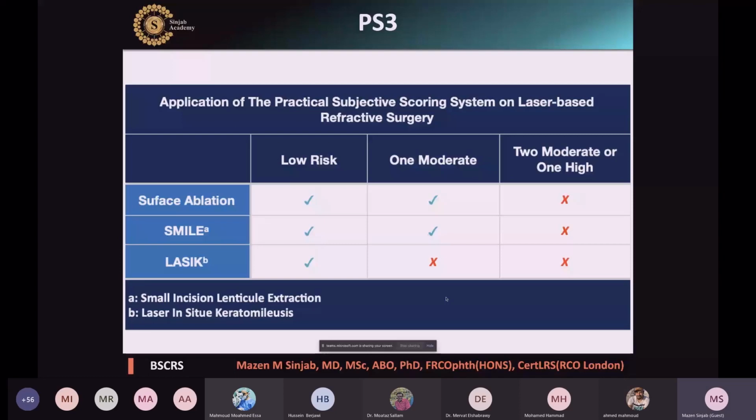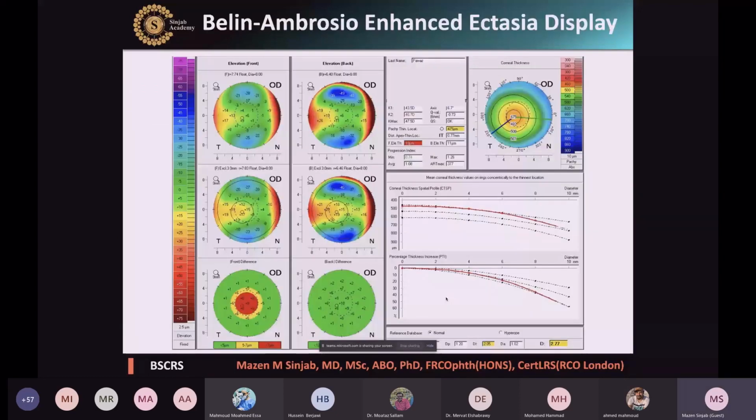Great. Now, what about Belin-Ambrosio enhanced ectasia display? Actually, it is a very good map just to, let's say, make a warning. Okay, if it is green, then most probably it is okay. If it is red or yellow,